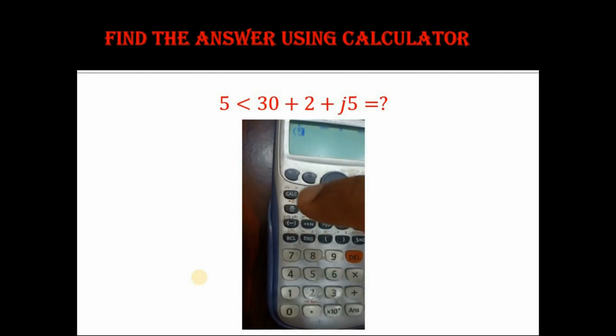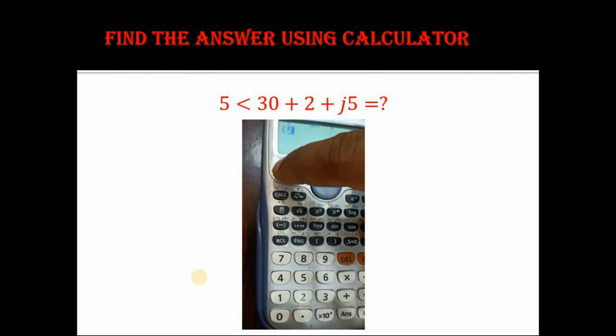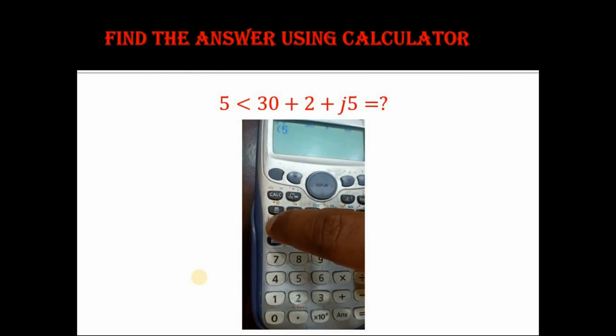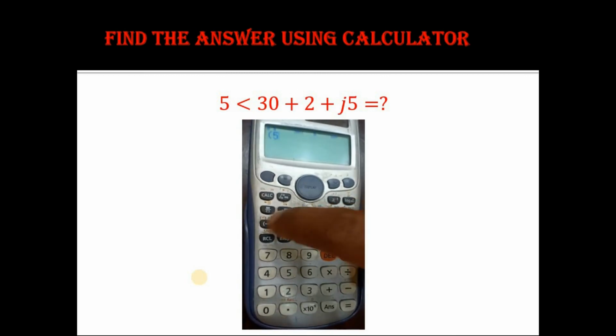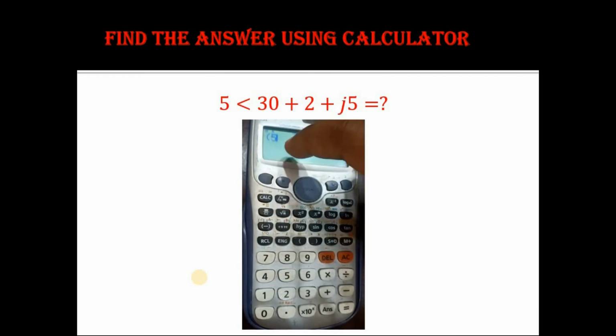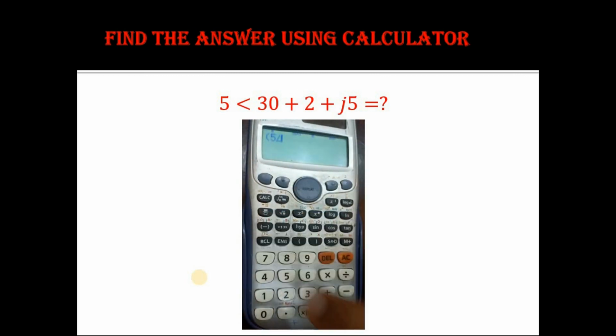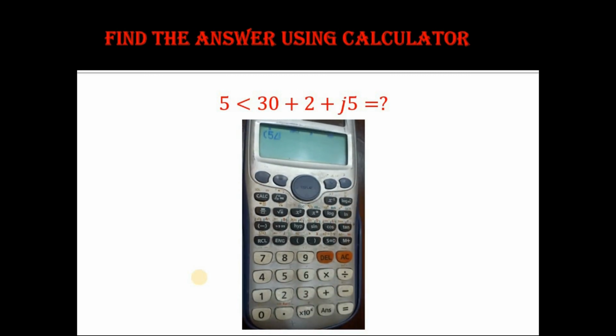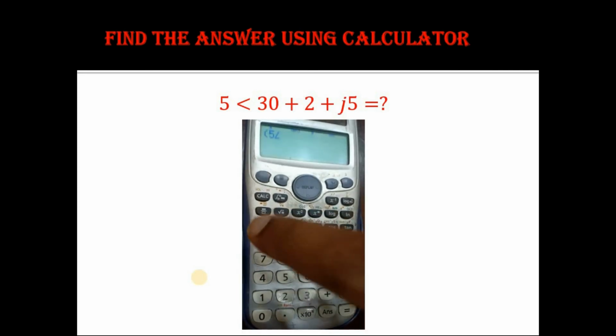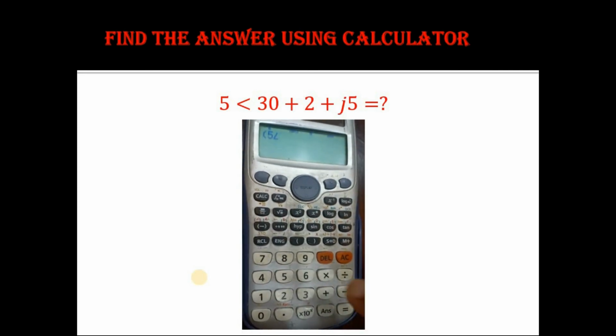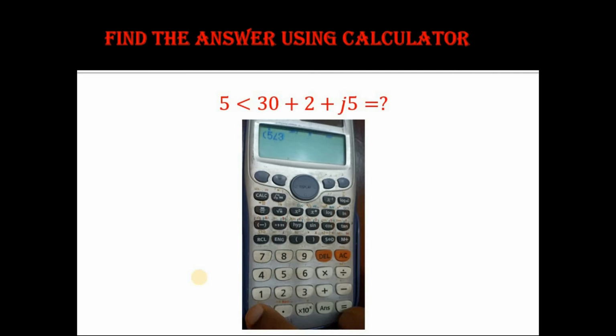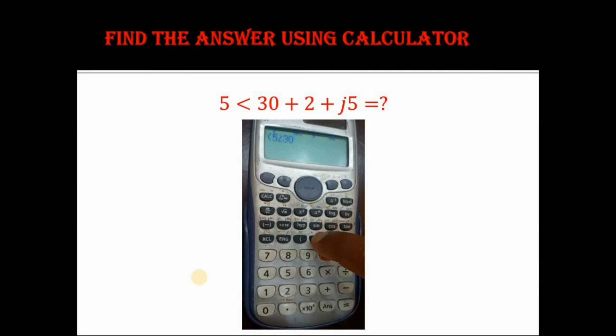So we have to use that. So shift that minus button. So in screen we have the display of angle symbol. Shift that minus sign gives angle display. Then enter 30, close the bracket,